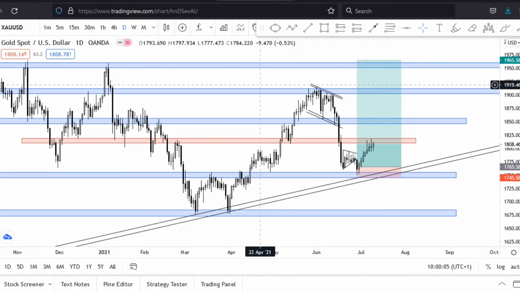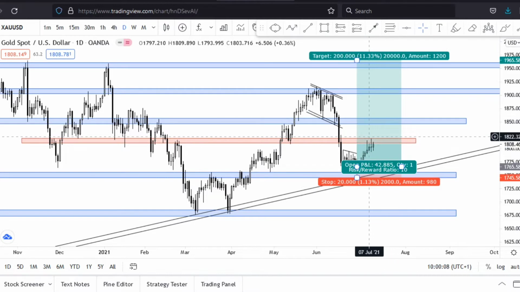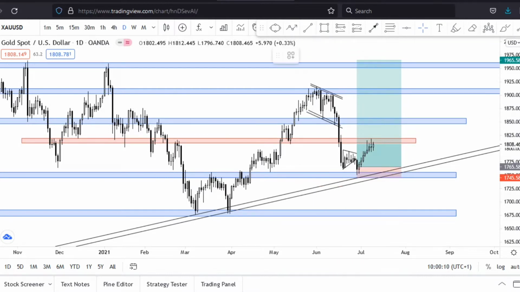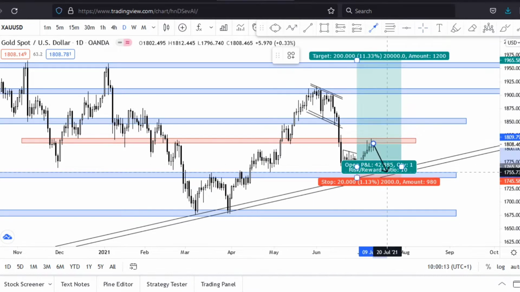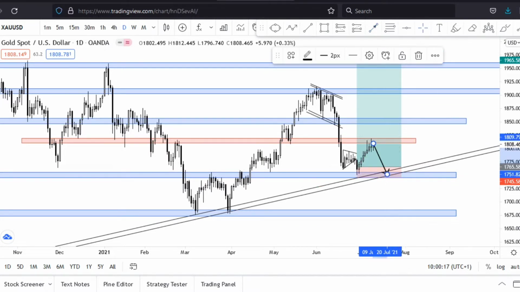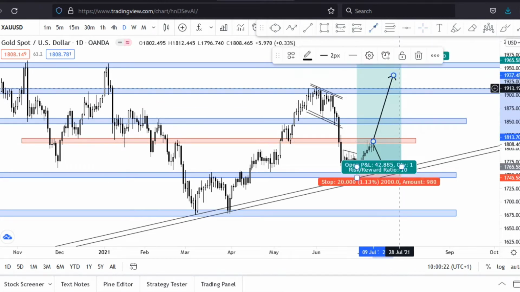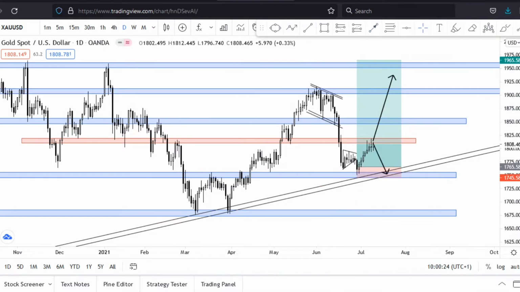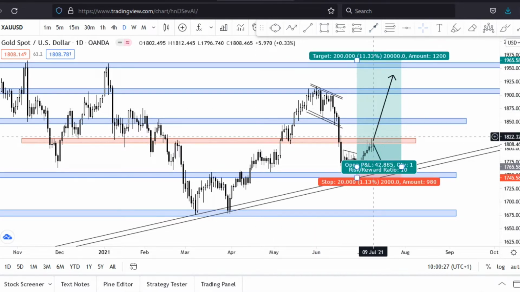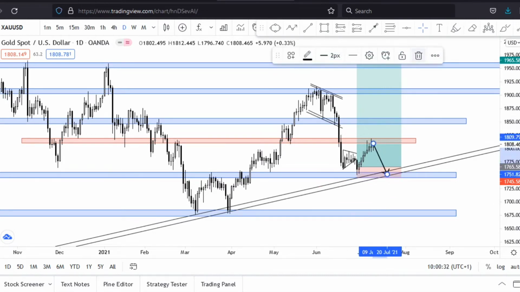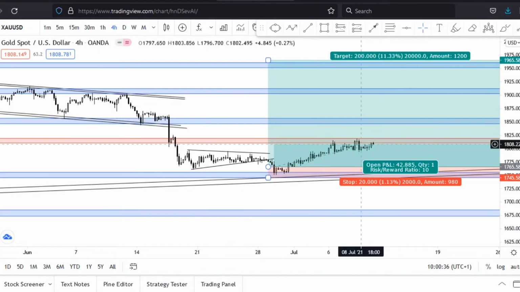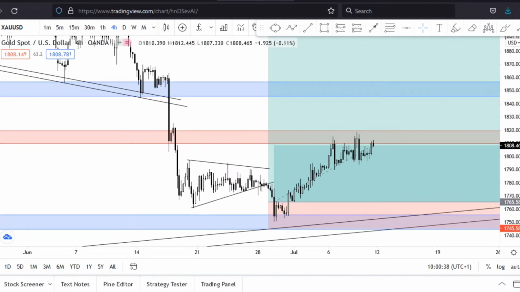Okay, so at this level, two things can happen. One is a bounce off this level back down to the downside, towards the support level and trend line. Another thing is a break of this level towards the upside and the continuation to the upside. So we're not just going to rush and panic and enter the trade once there is a break or once we see a reversal signal. We'll go back to a much lower time frame, which is the 4-hour time frame